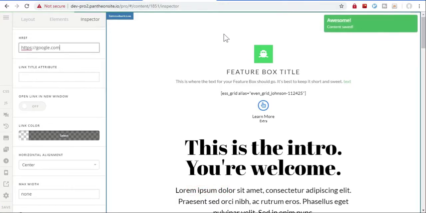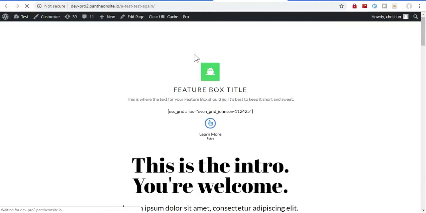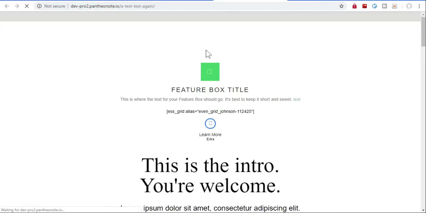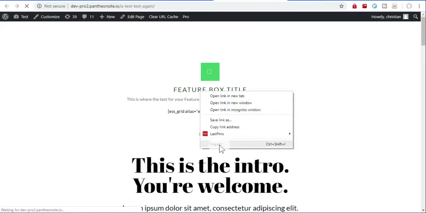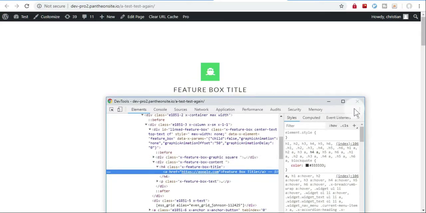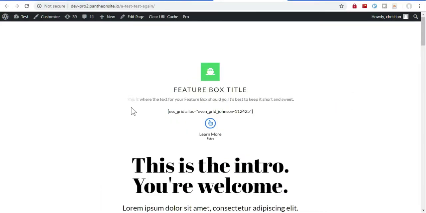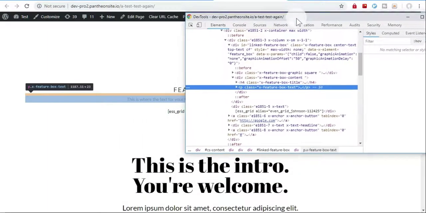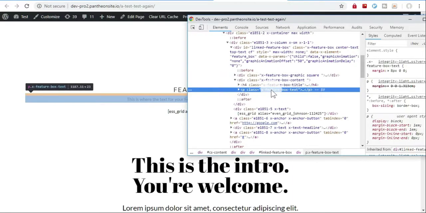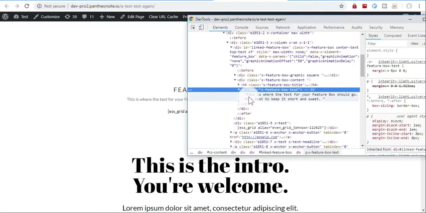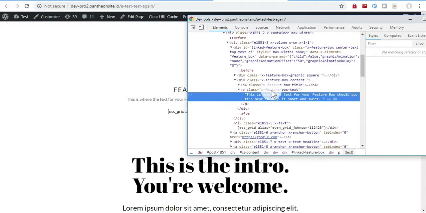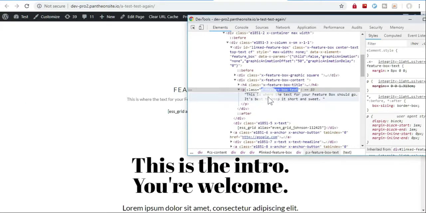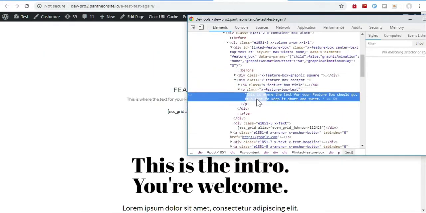save, and let's reload our front end. So if we inspect this, this should go to google.com. And you can do the same for the paragraph here. So for the class, it's x featured box, a feature box text. So if you want this to be a link, you can target this using the wrap inner function again. And say if you just want,